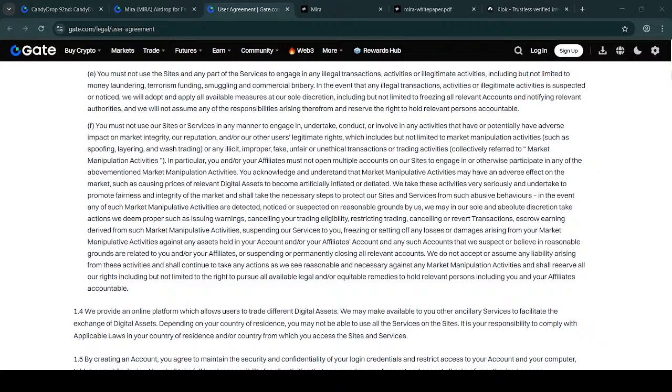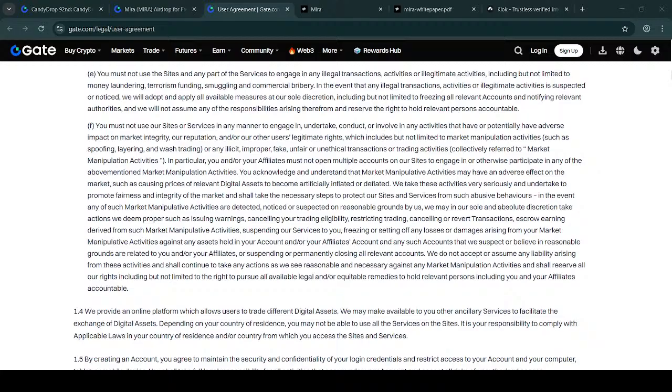In the event of such action, we deem it proper to issue a warning, cancel trading eligibility, cancel trades, and freeze or suspend the source of the manipulative activity, freezing or seizing any loss or damage from this market manipulative activity against the assets held in your account and any related account, where we suspect or believe the account holders and your applicants are responsible, and suspending